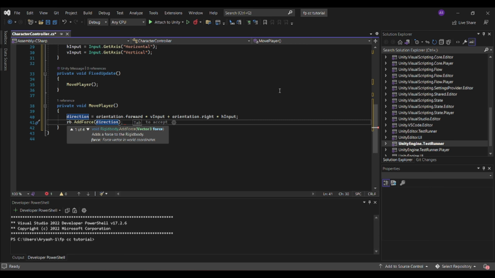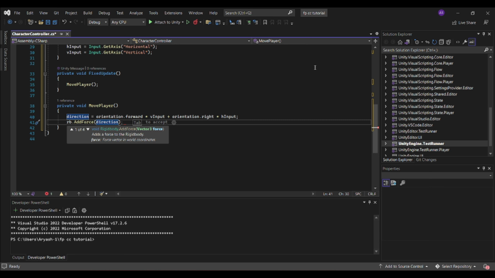And now, the problem is, if you know the Pythagorean theorem, you know that if we're pushing the W key, we move one up, and the D key, we move one right. But what if we press the W and D key? Then with the Pythagorean theorem, it would be a squared plus b squared equals c squared. So if we're moving 1 squared plus 1 squared, which is 2, 2 is c squared, which is the amount of movement for W and D key. So then we move with the speed of square root of 2 when we press the W and D key. And we don't want this to happen because we want the same speed for all 8 directions.